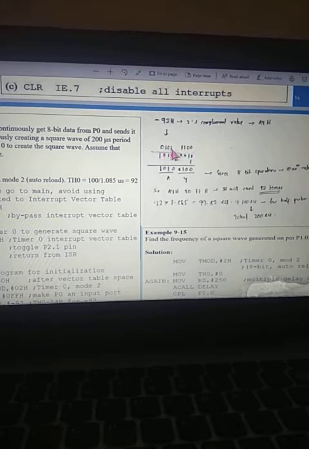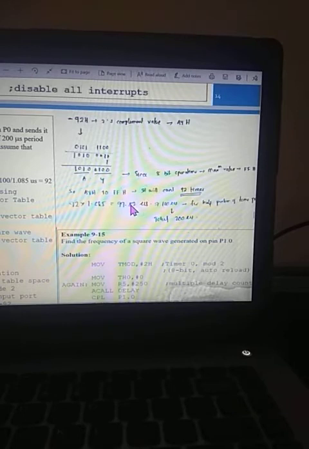How? This is your 92, then take its 1's complement, then add 1, and finally you get A4H. So this A4H is the 2's complement value, and this is the minimum value.